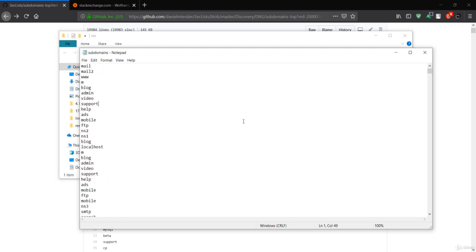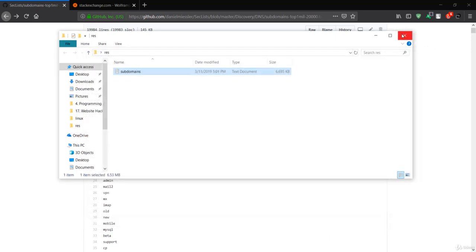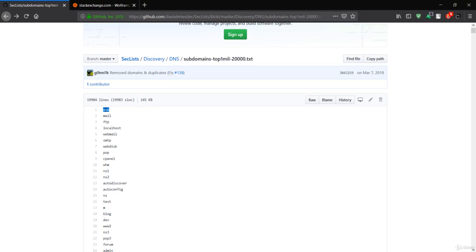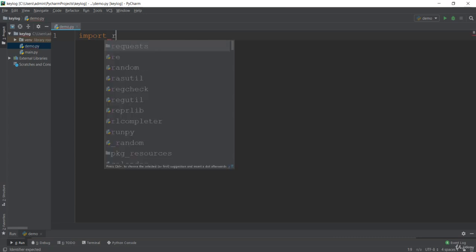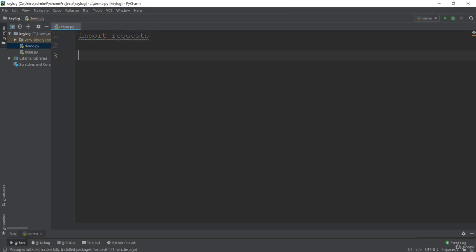This is the code which contains a list of words that we can use to build the test URL. This will be your main URL, and if I say something like mail.facebook.com, this will be a subdomain of www.facebook.com. So let's see how we can get all of these domains. First of all, we have to import the requests package that we installed in the previous lecture. Let's now define request, and here I'll pass the URL.